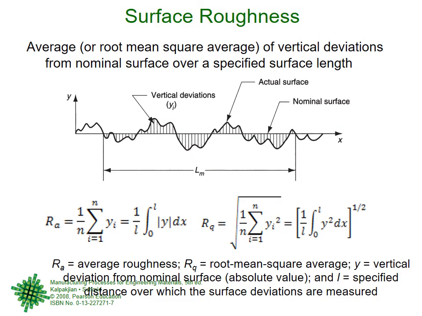This is now how you measure surface roughness. You see, if surface roughness is there, how do you say that surface roughness on this part is more than the surface roughness on this part and so forth. So, average of the vertical deviations from the nominal surface, right? The surface should be this line. The actual surface can be above it, below it, above it, below it, and so on, right? Depending on the machining that we have done, the actual surface could be above or below it.